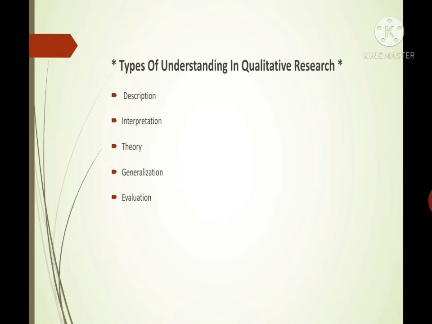The third is theory. Theory explains how these things happen and how they can be explained. And then the fourth is generalization. This focuses on the generality or wider prevalence of the phenomena studied,